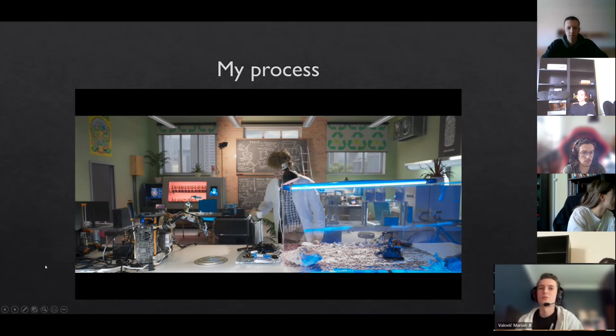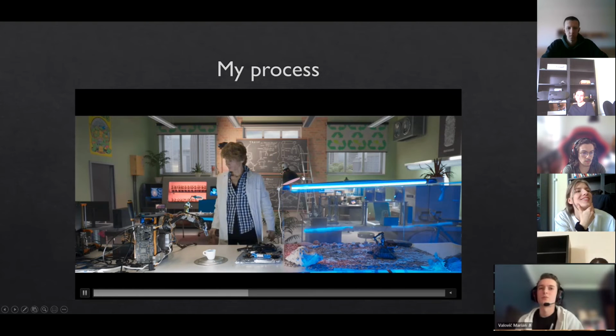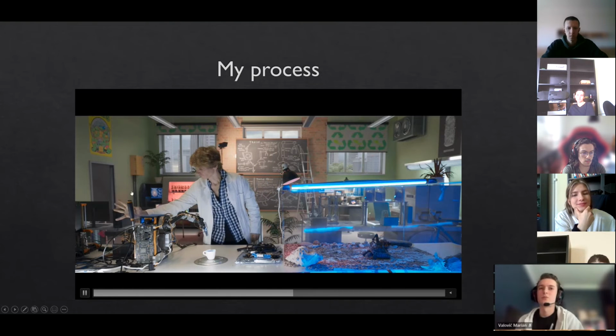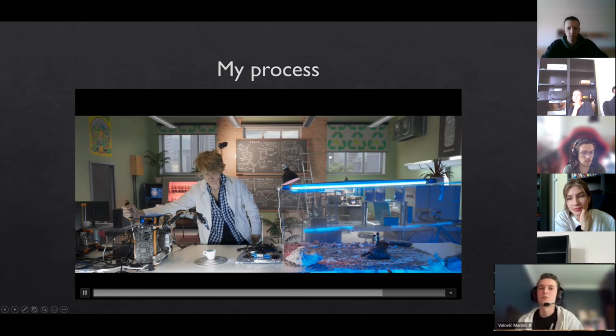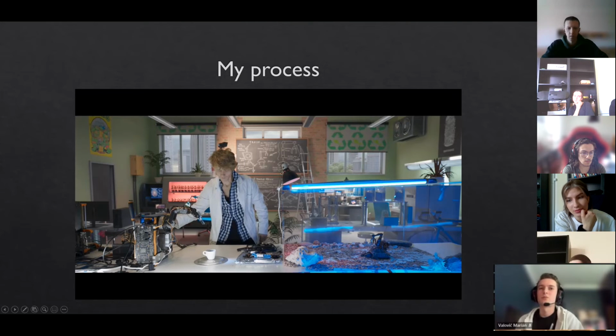It's just static, but we had some in motion too. And the point was to create, we didn't have money or enough room to create this kind of a lab. So we just created it with,